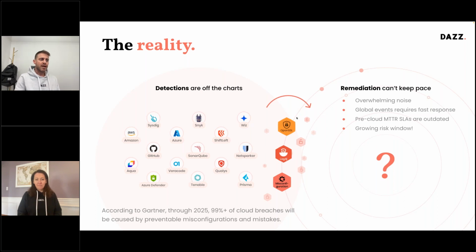So what we're trying to do at DAS, and what we're actually solving for our customers, is taking all of these alerts and all of these detection tools and all of those cloud environments and code repositories and the artifactories and the pipeline tools, and we generate a really good comprehensive overview of how to remediate them and bridge the gap basically between developers and security.